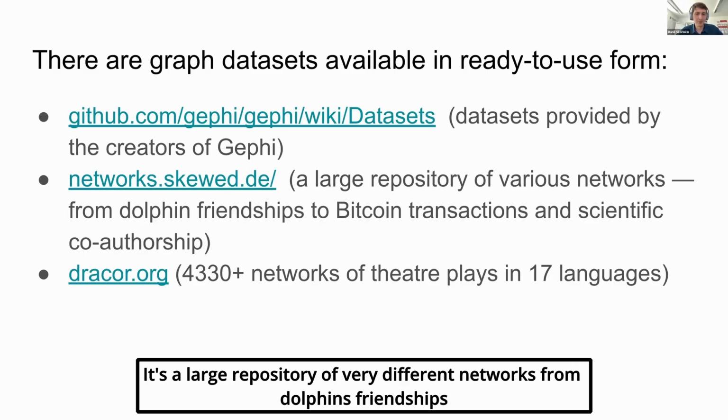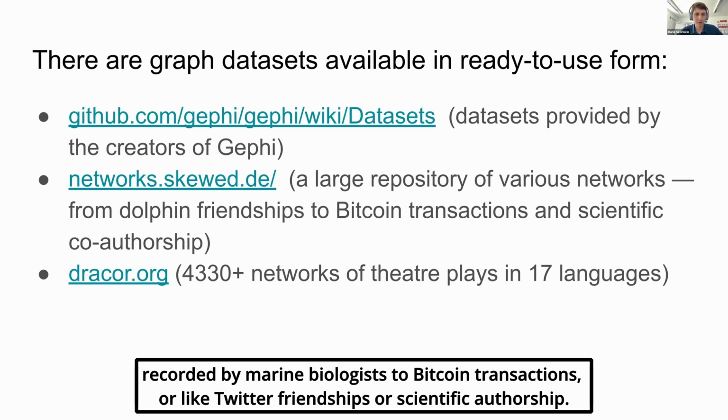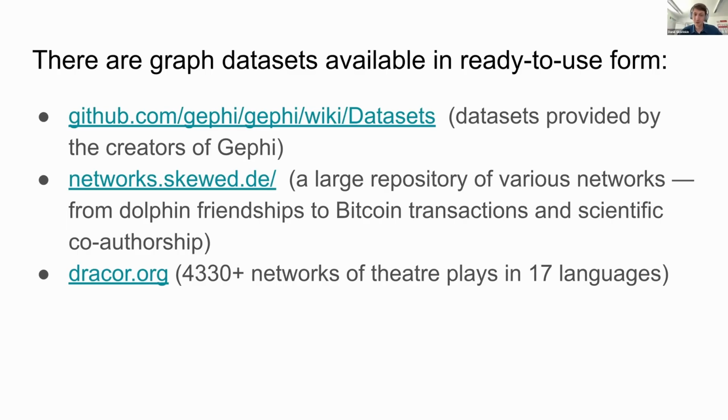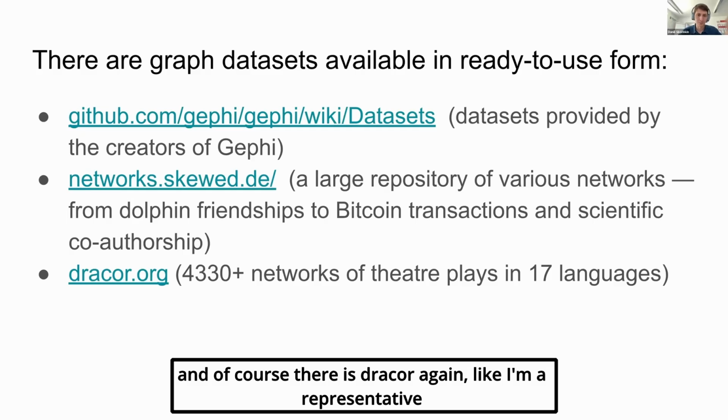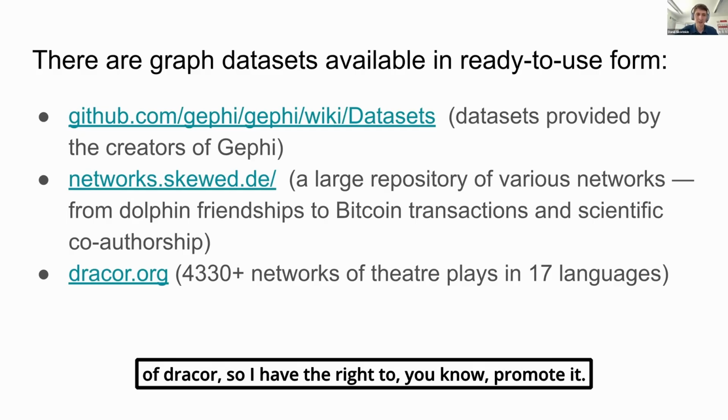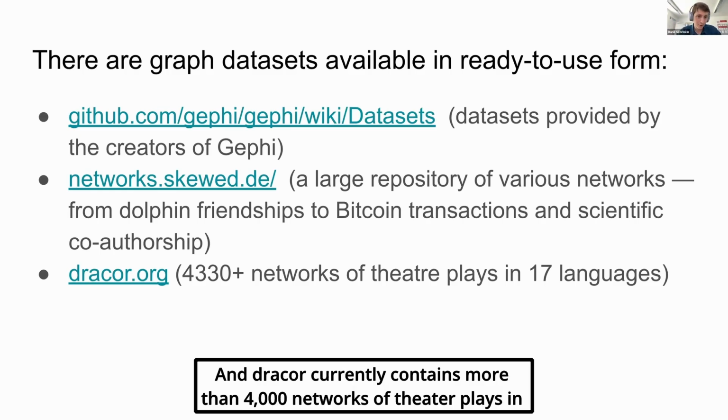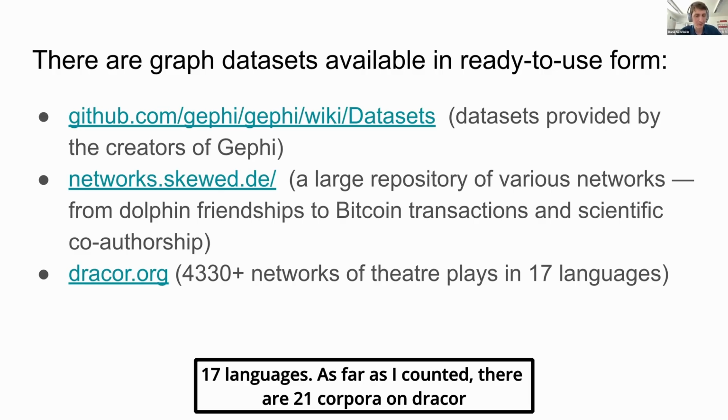It's a large repository of very different networks, from friendships of dolphins recorded by marine biologists to Bitcoin transactions, or Twitter friendships or scientific co-authorship, you name it. And of course there's Dracor. Again, I'm a representative of Dracor, so I have the right to promote it shamelessly. Dracor currently contains more than 4,000 networks of theater plays in 17 languages, as far as I counted. There are 21 corpora on Dracor,